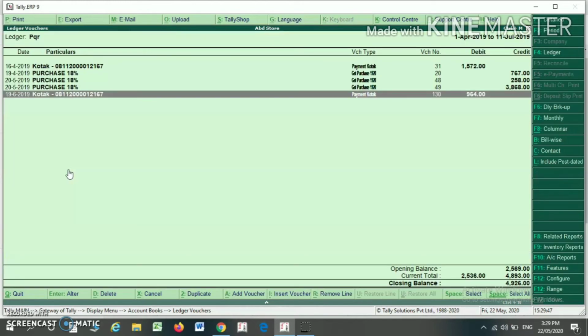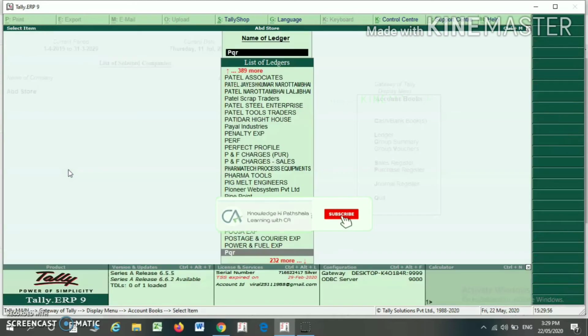So in this way you can make the entry for your debtors or creditors or purchase or sales to see the bill-wise detailed report.